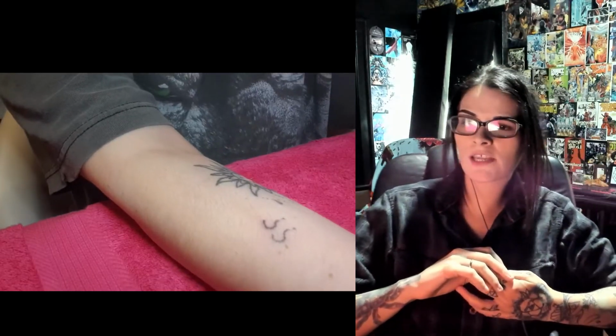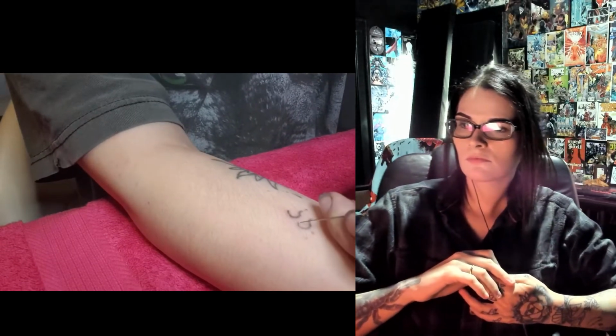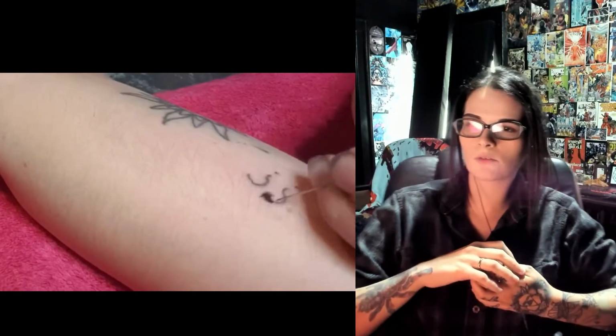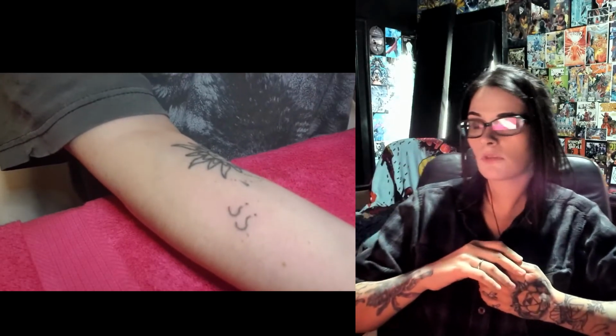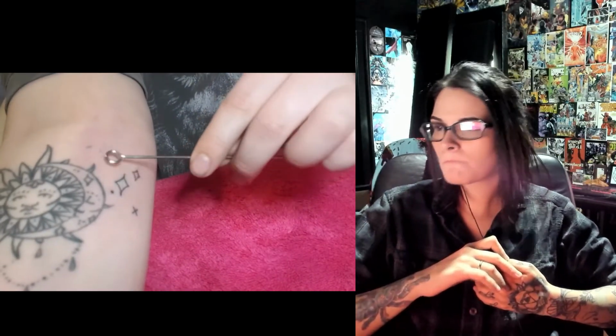Getting closer. It looks so irritated. I thought I might as well just go over the other stick and pokes. Yeah, screw the whole shaving at this point. I don't really know the point of shaving because you don't have a needle that's going to be pulling all the hairs out. Okay, so that looks good. This is what this looks like so far. I think I might leave this one for...